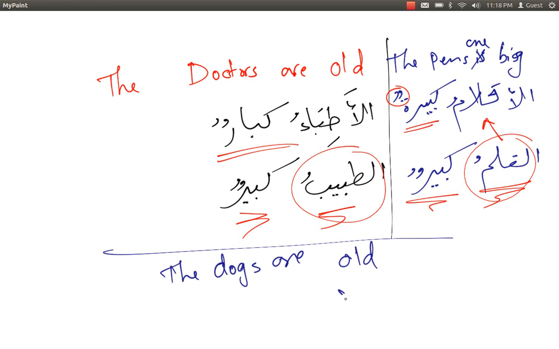Okay, we also say kilabun, which means dogs. Kabiratun. Okay, and we used the form of kabir, which is feminine singular, and that's because dogs in this case are not humans, they are animals. Okay, so this being said, let's start our lesson, and our lesson is how to